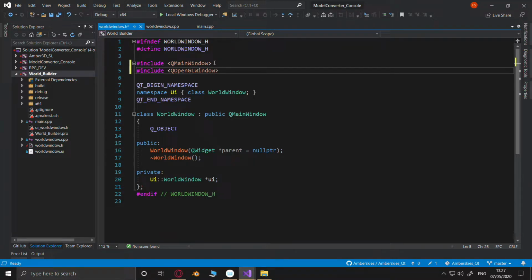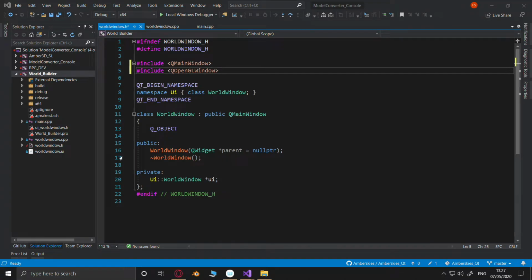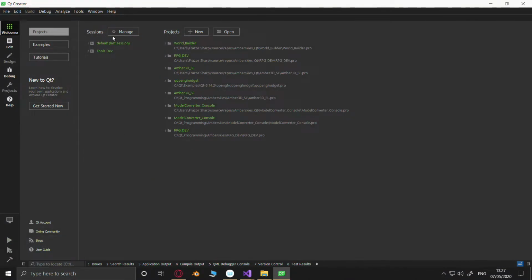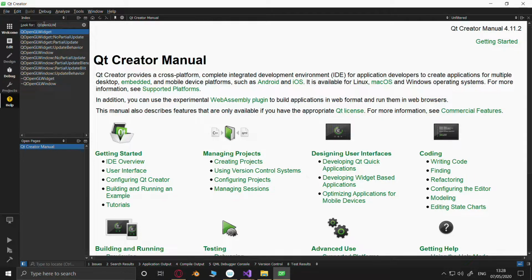Will it allow me to use it? Because that's a Gui widget. Let's have a look. Q open GL window.